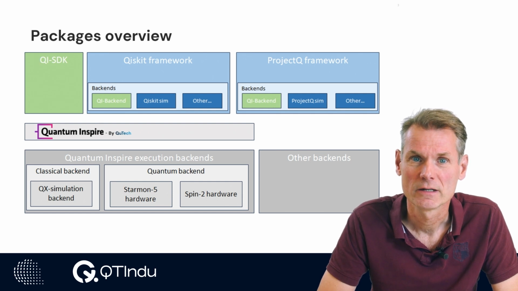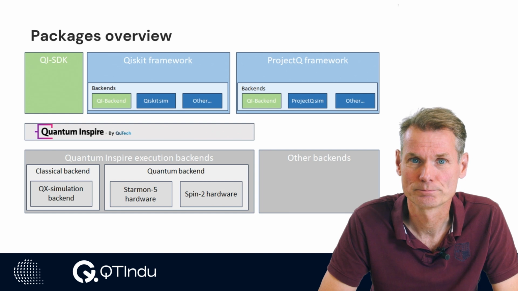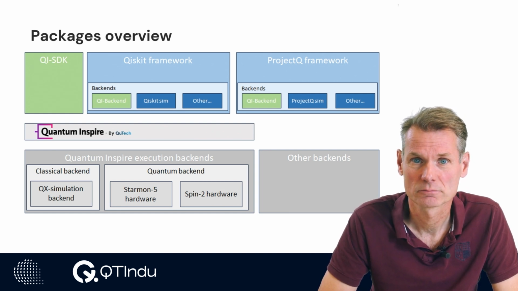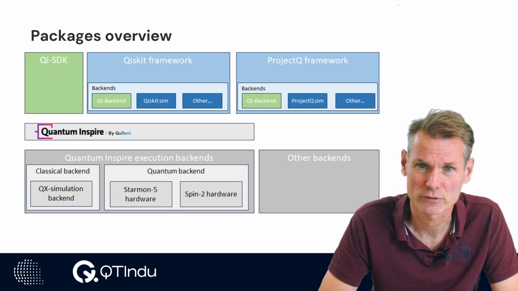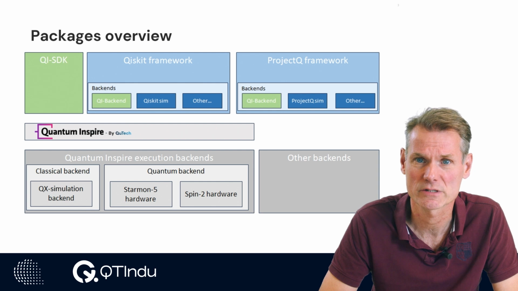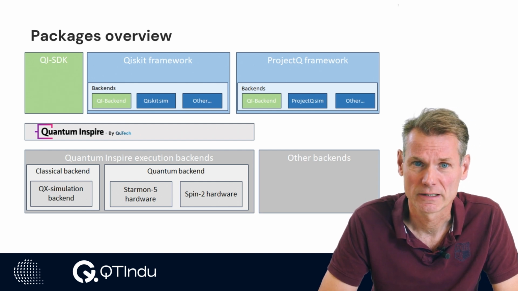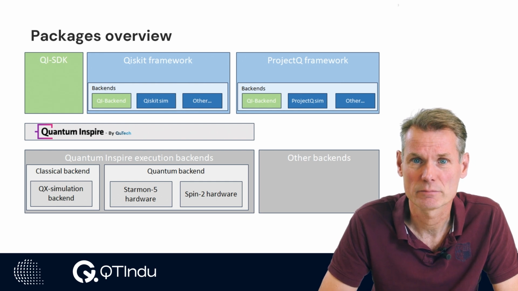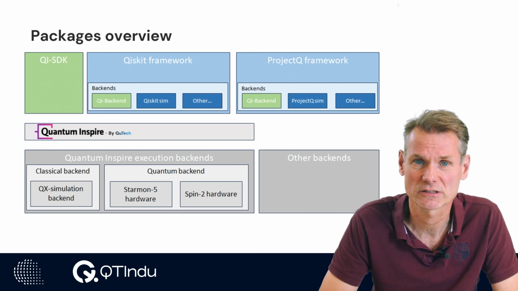In the figure, the installed components are colored green and blue. The green components are installed by the Quantum Inspire package. The blue components are installed additionally when you want to use Project Q or Qiskit as a quantum computing framework to build your algorithms. As said, these packages can be installed optionally. From the picture, we see QI SDK makes use of the same backends as the Quantum Inspire web application does.